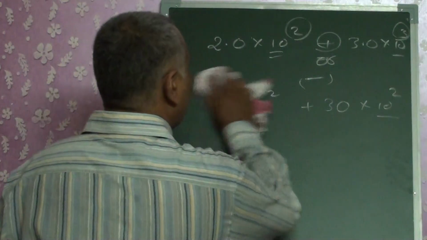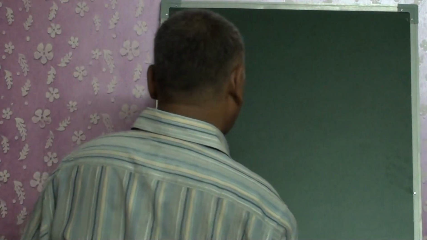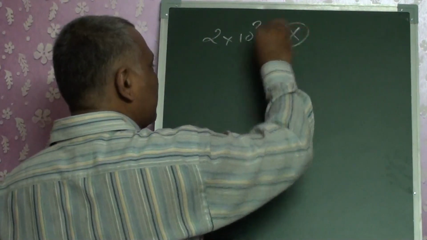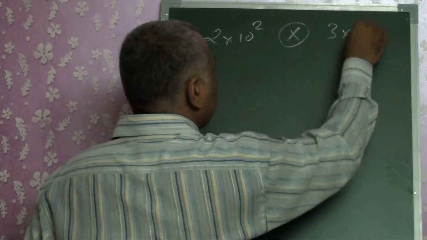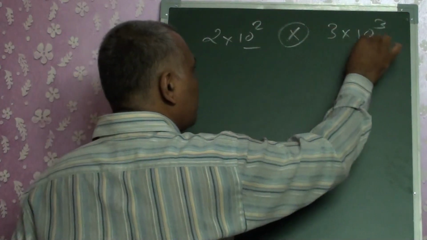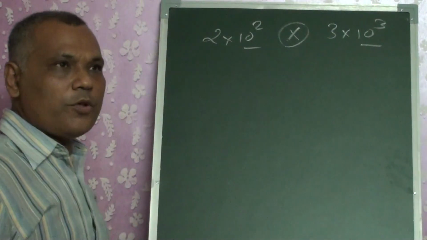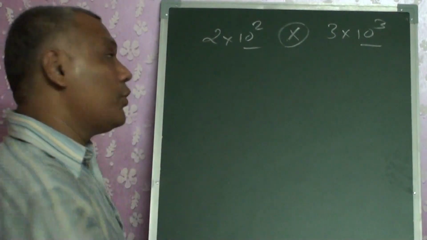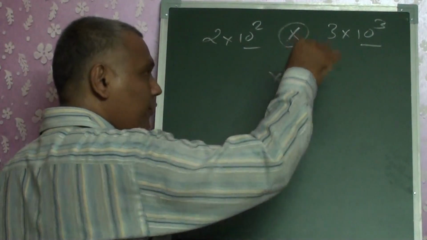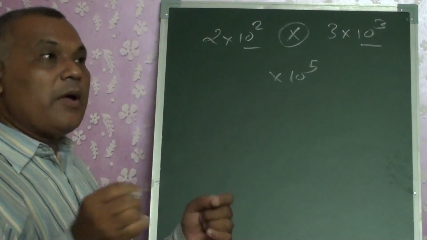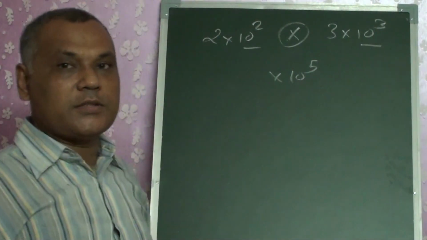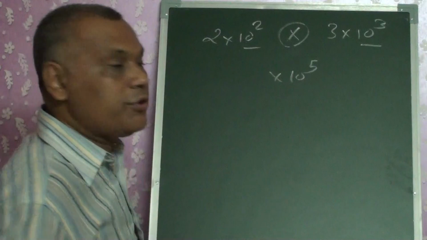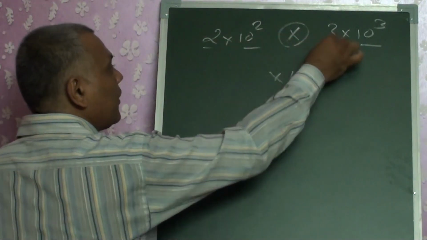While in the case of multiplication or division, if a multiplication sign is there and you have been told to multiply, but their exponents are not the same, we don't have to bother about it. What we will do is add the exponents. See, in the previous sum, I just made them the same and wrote the same number only once. But when I am going for multiplication, I will add those exponents and simply multiply those two numbers.